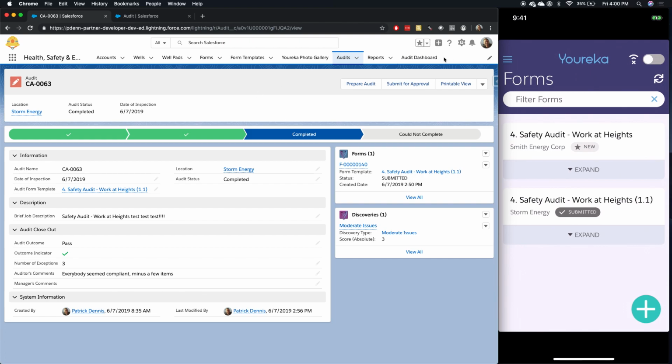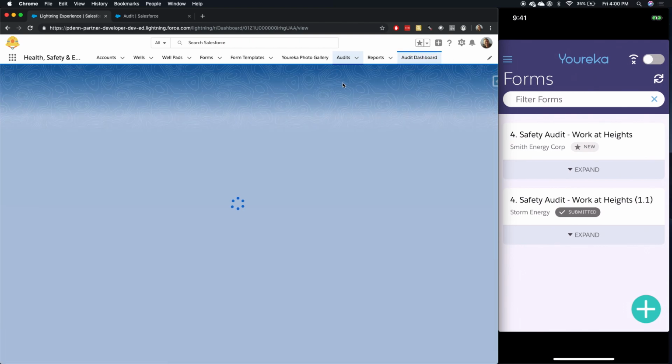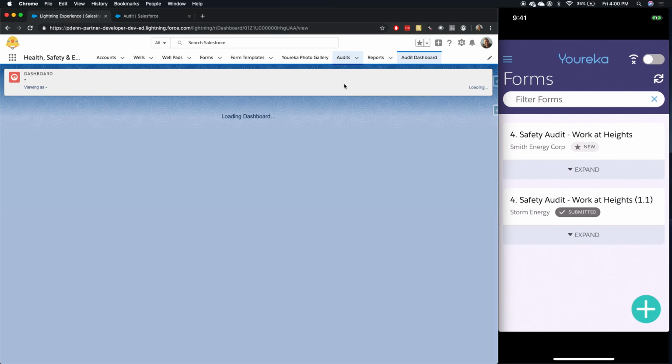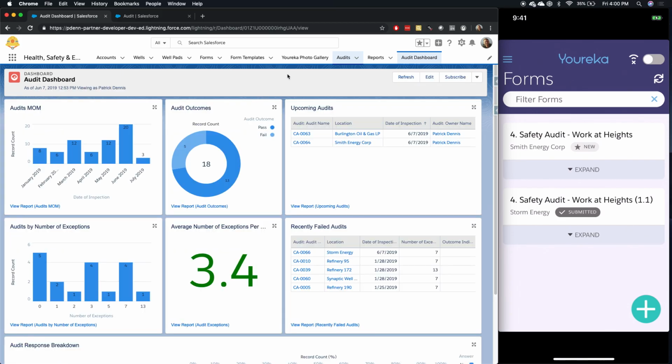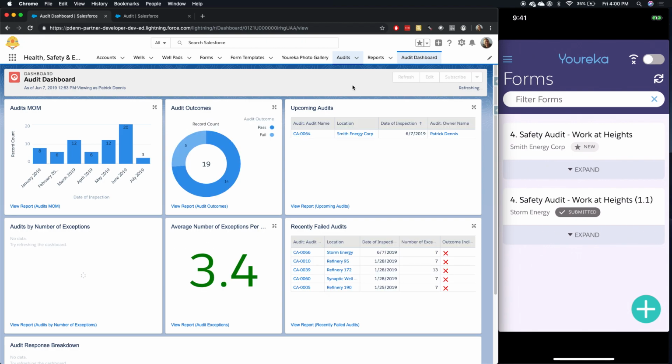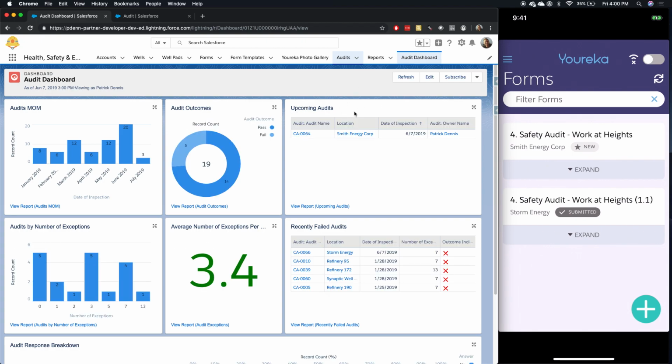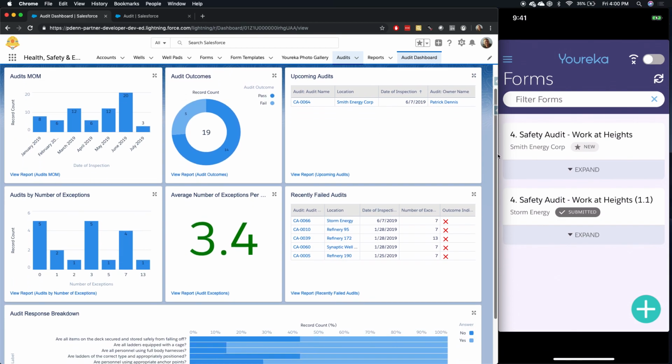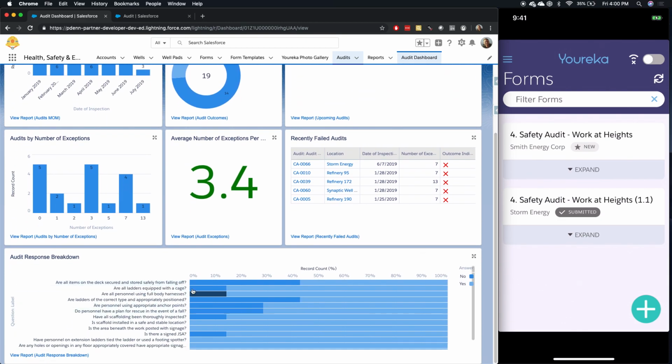But any demo wouldn't be complete without rolling this all up into a dashboard and report view. What I'm going to show you now is we can take all of this audit information and very easily aggregate it onto a dashboard. You can imagine as we're scheduling these audits, as we're putting people out in the field to conduct them, and as the responses in these forms come back, we're able to easily understand where things are passing, where things are failing, and then we can get those high-level views as to what the answers were